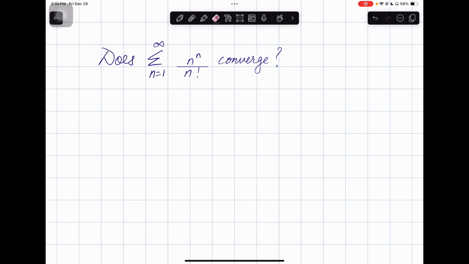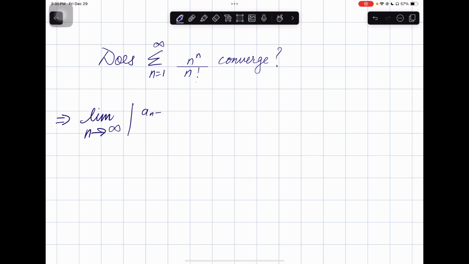So to start off, a rule of thumb for a series like this would be to use the ratio test. Why? Because we have exponents, n to the power n, and we have factorials. So in cases like this one, it's better if you use the ratio test because it makes things easier and things eventually cancel out. So the ratio test is the limit as n tends to infinity